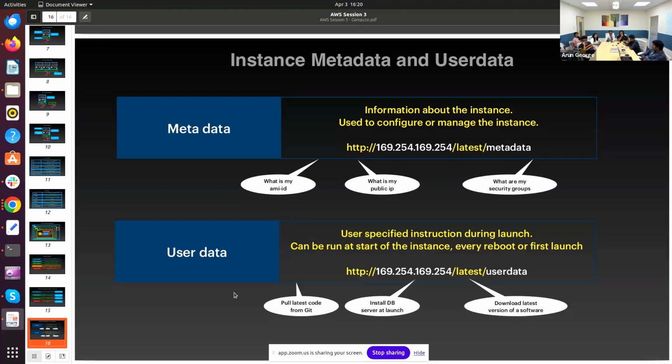You can know about that instance by calling this, the IP address of your instance. The latest class metadata will give you information about that instance. User data is something that will be used whenever the instance restarts. So you want to pre-configure something. A quick example is an EC2 instance. Whenever it